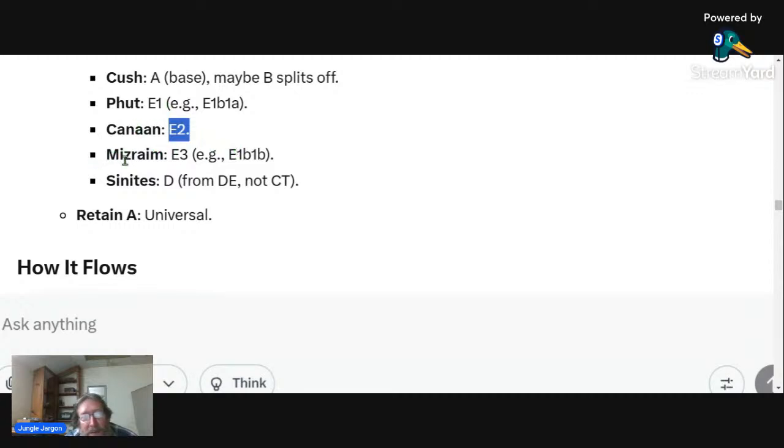That's the largest group right here, E3 from Mitzrayim, because he had lots and lots of sons. He had prime location, prime territory, because he went to Africa where he was supposed to go. Canaan did not go to Africa. I mean, some of them did. The surviving ones are in Africa, but